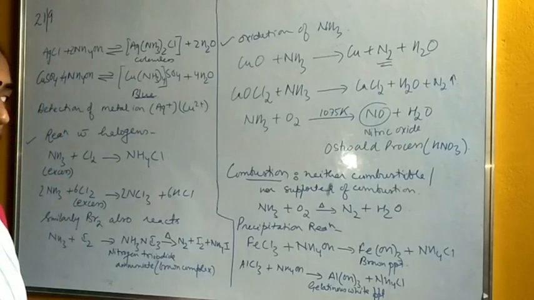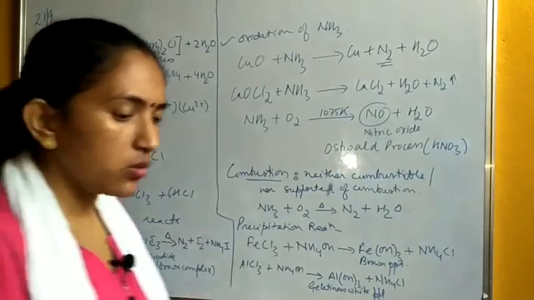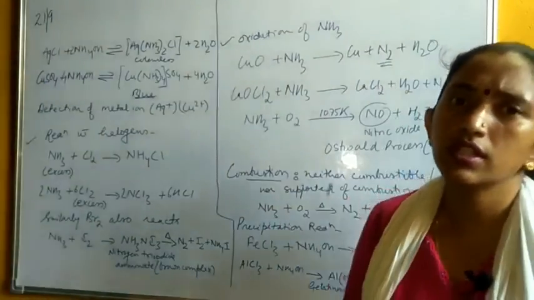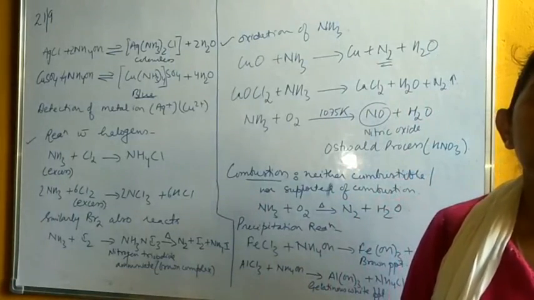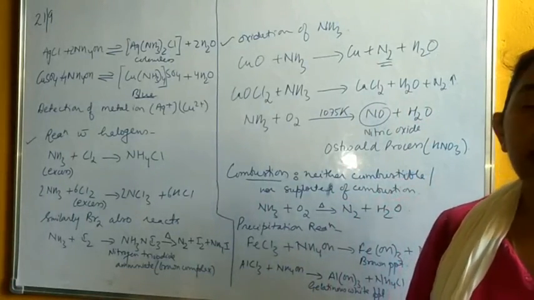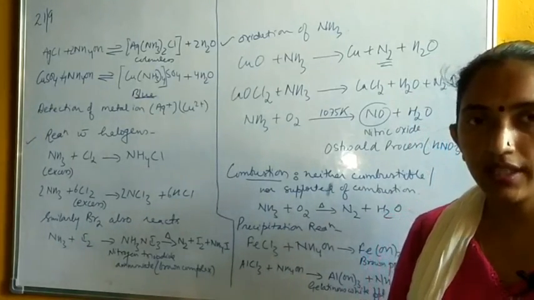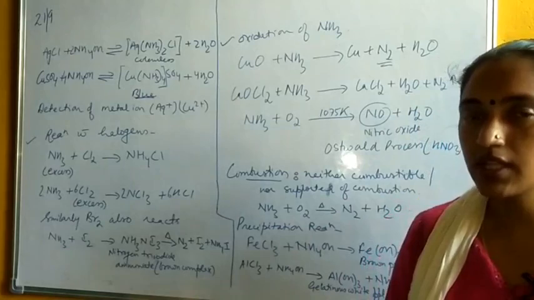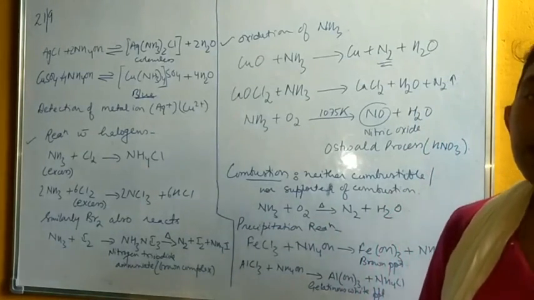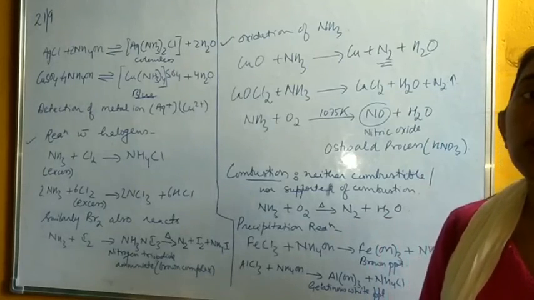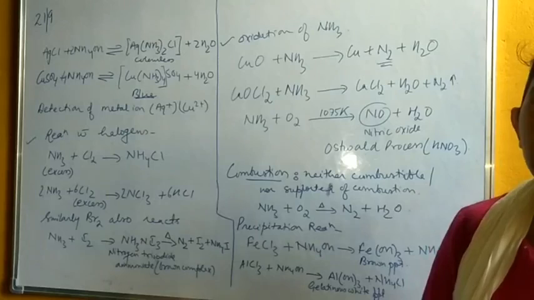Now we have to go through it, right? And you will just point out the uses of ammonia, where it is being used. One of the important uses is in manufacture. So far as manufacture or preparation is concerned, it is used in the preparation of nitrogen. It can be used in the manufacture of nitric acid, right, by the Ostwald process. It is used as a nitrogenous substance, so it can be used for preparation of nitrogenous compounds also, right.